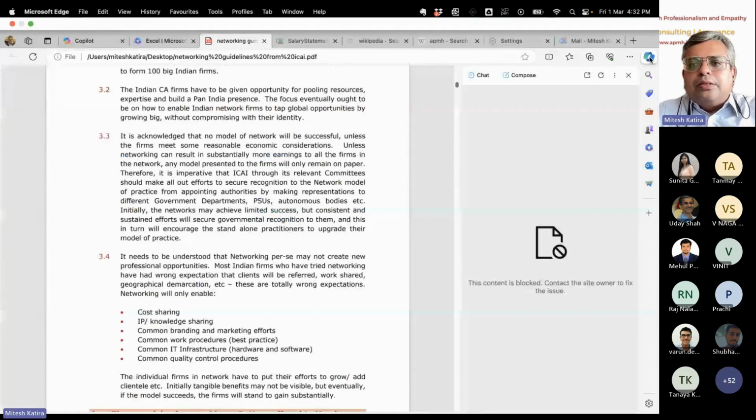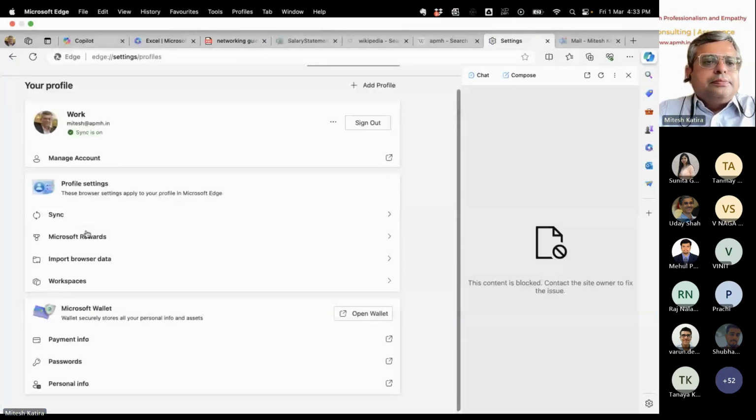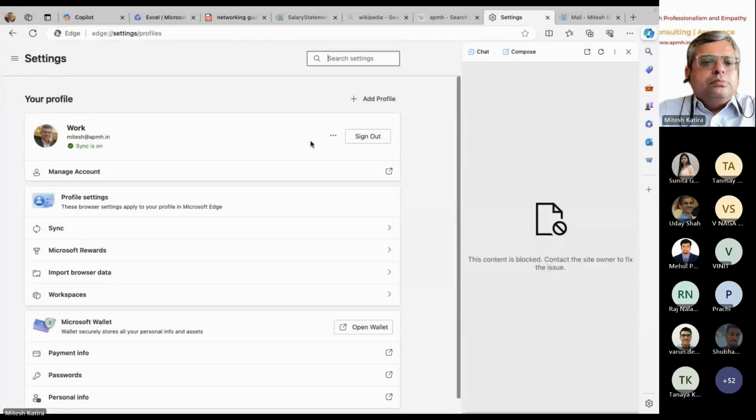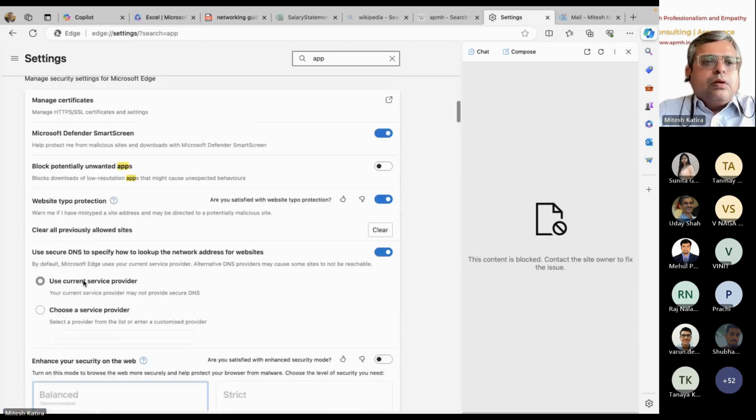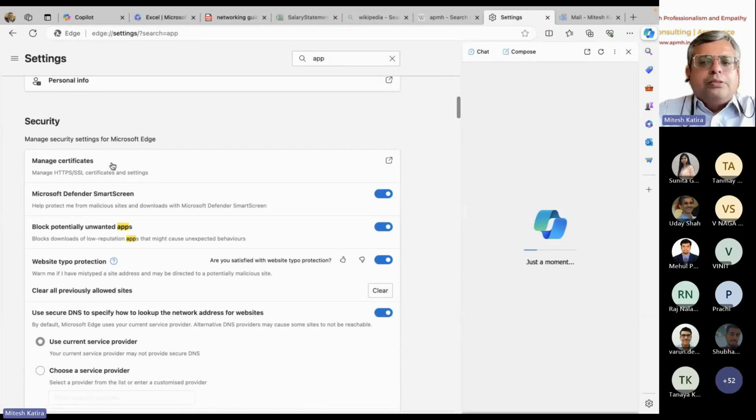Maybe some temporary settings that we have not done correctly, or I temporarily changed the settings. Now it is throwing an error.